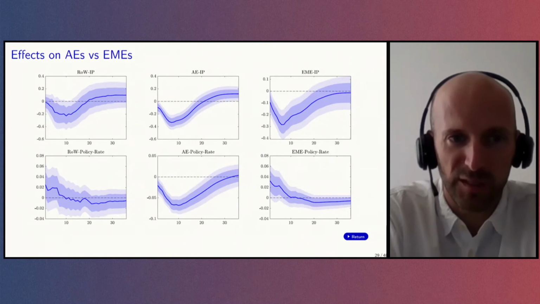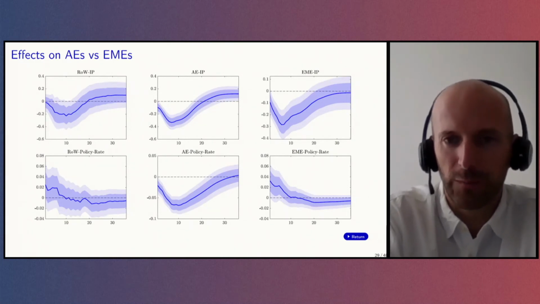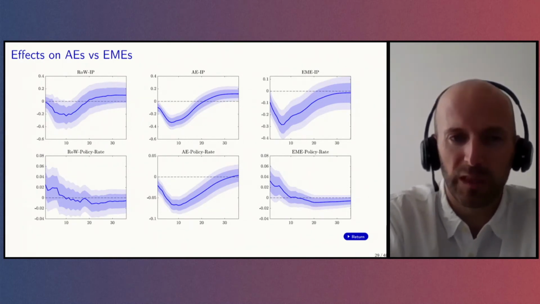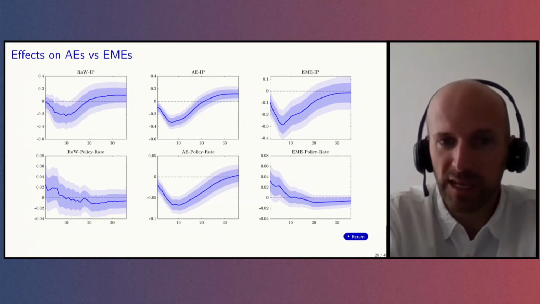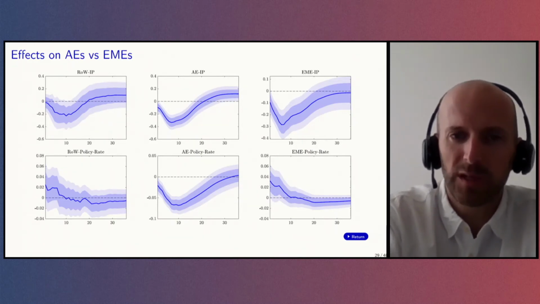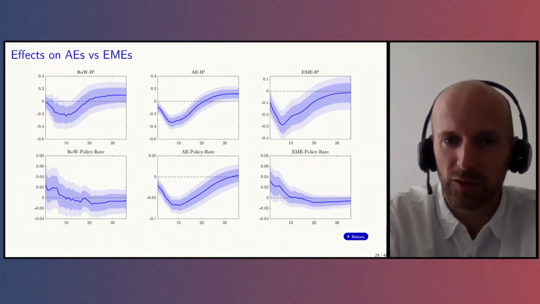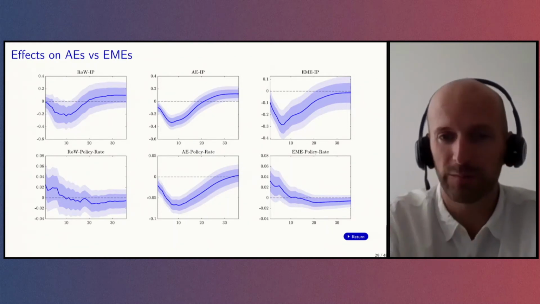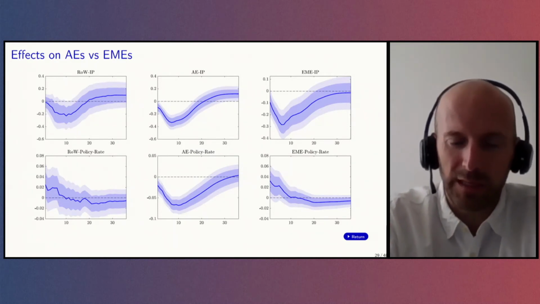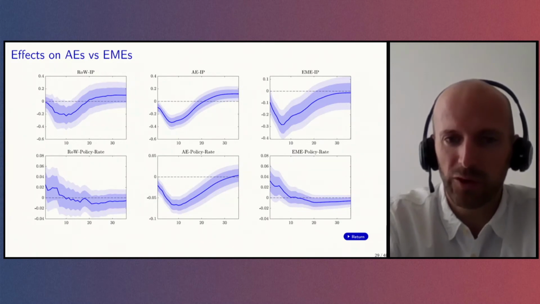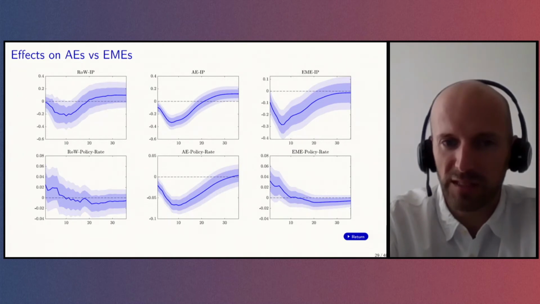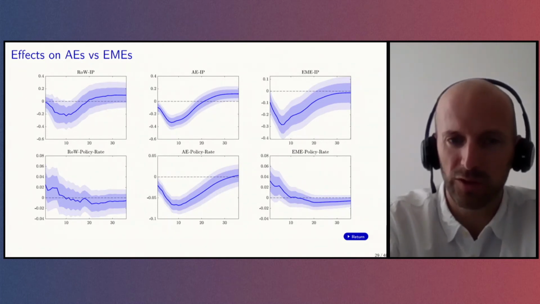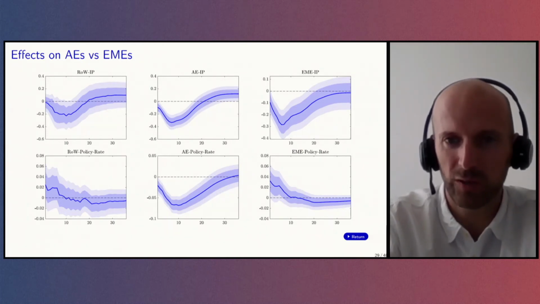It splits the rest of the world into two regional country group aggregates. And what you see in the top row is that the contractionary effect in terms of industrial production in advanced economies and in emerging market economies is very similar. At the same time, in the bottom panel, you see an interesting divergence, an interesting asymmetry in the sense that monetary policy in advanced economies loosens in response to the contraction caused by the global risk shock, whereas emerging market